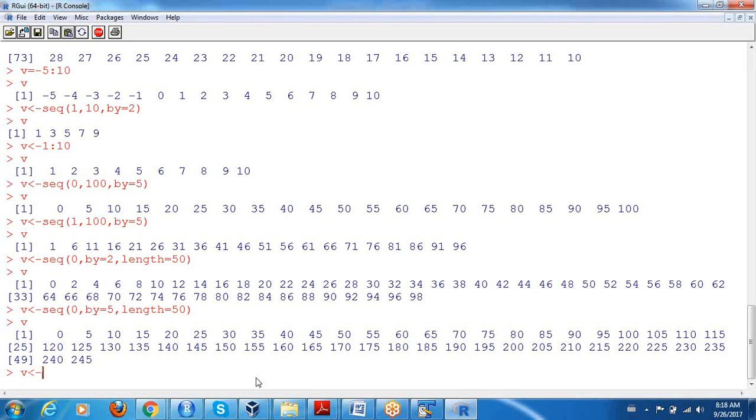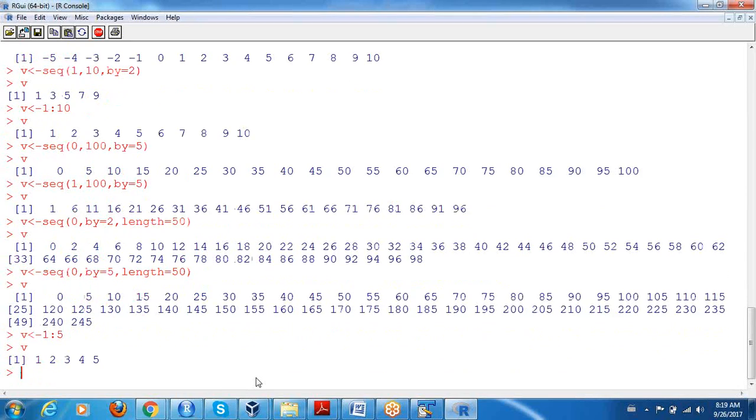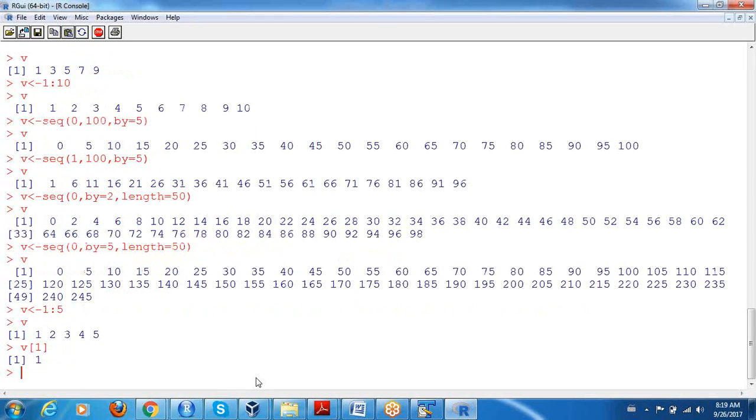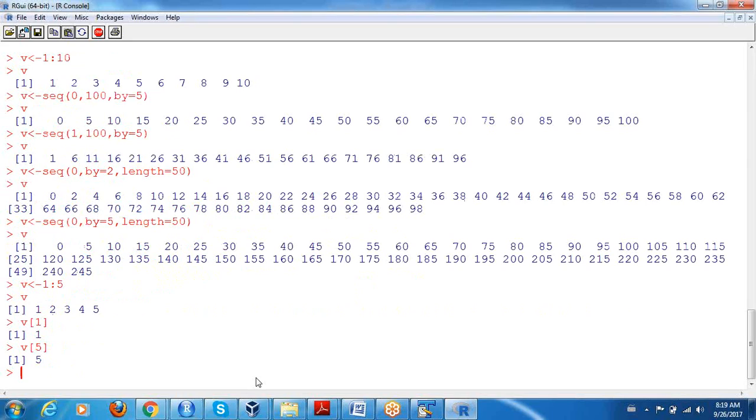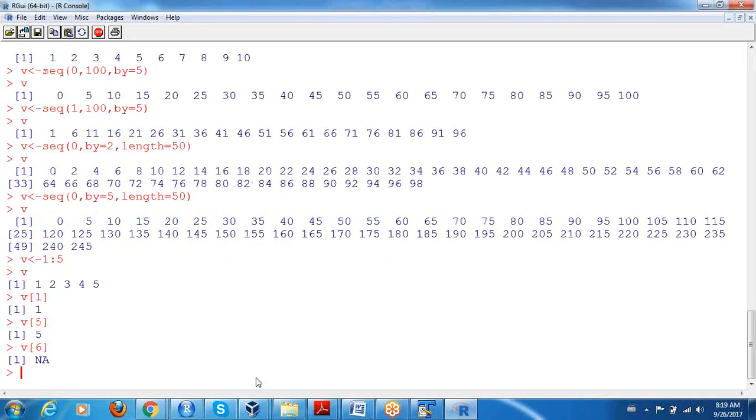So to answer this question, let's create a small vector. For this, let's understand how we access vectors. So vectors are accessed with the square brackets. If I write square bracket 1, it will give me the first element. Square bracket 5, it will give me the fifth element. Now if I say physics, right now it doesn't exist. But if I want to put some value in it,